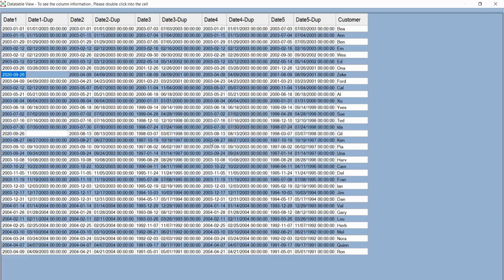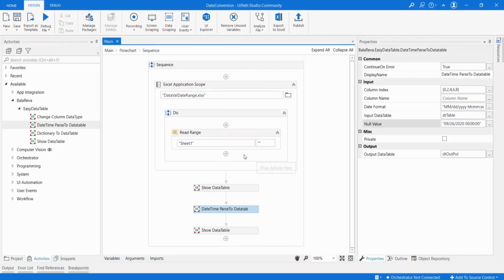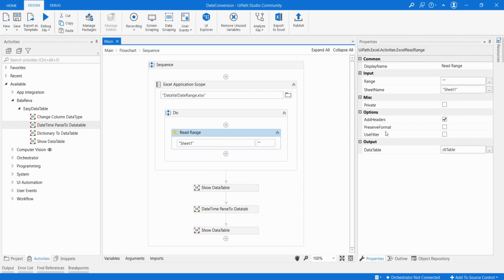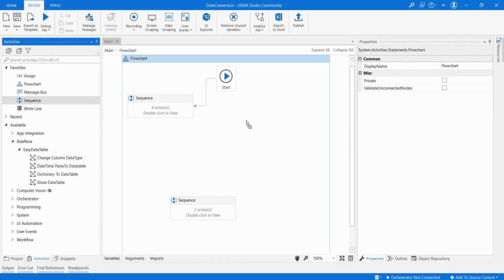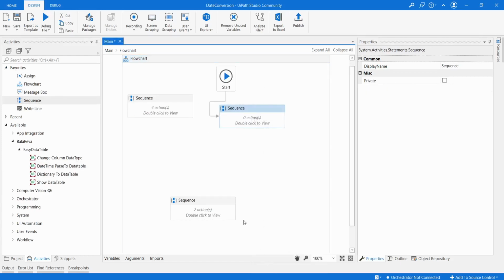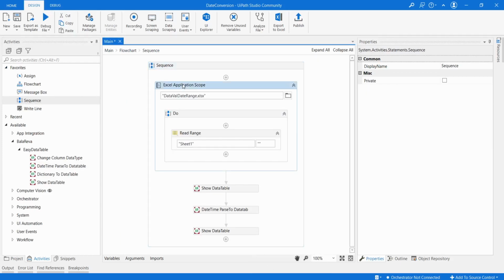So this is one of the ways we can convert the object type or a string type to date type format. Okay, and in the read range, you have a property called preserve format. When you use the preserve format, the output is entirely changed. Okay, we can see how to manage this one. So I'm going to create another sequence, and here I'm just going to do a copy paste.